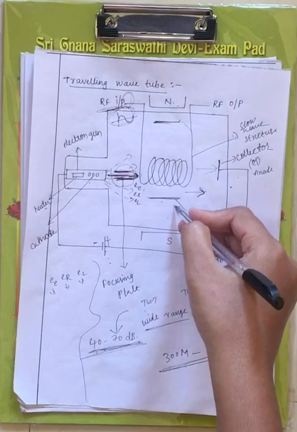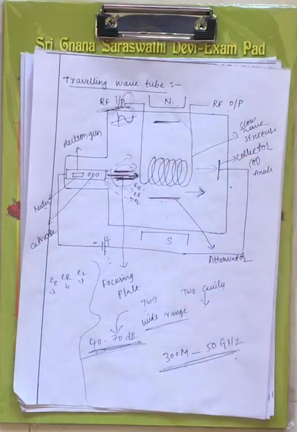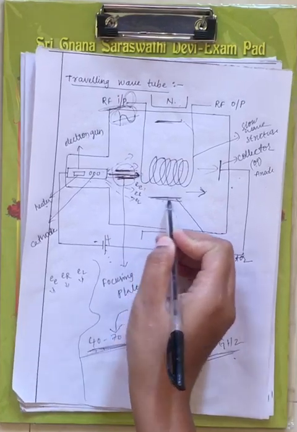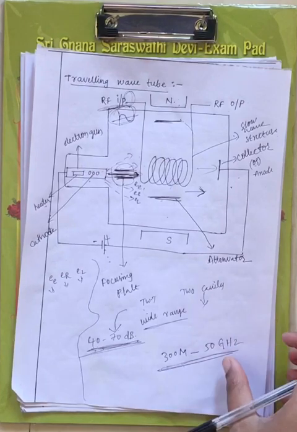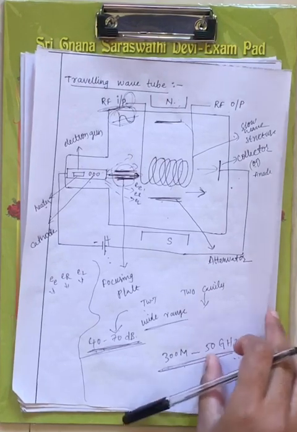And these are your attenuators, right? An attenuator is used to bound the beam of electrons. You are placing attenuators here, at the upper side of the slow wave structure and down to the slow wave structure, in order to bound the beam of electrons. Attenuators are used in the traveling wave tube in order to bound the beam of electrons, right? Now let us see what happens for the positive half cycle and for the negative half cycle.